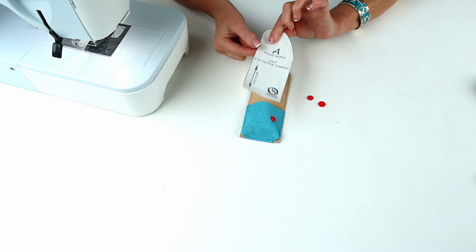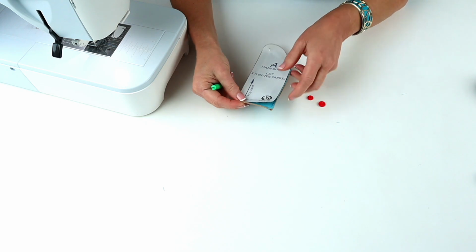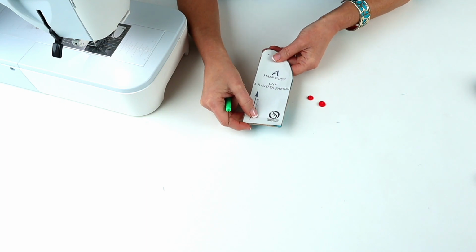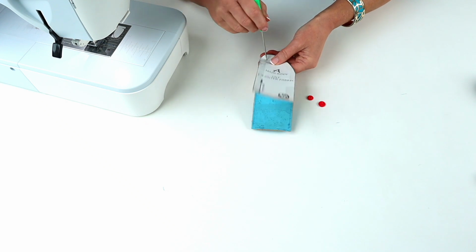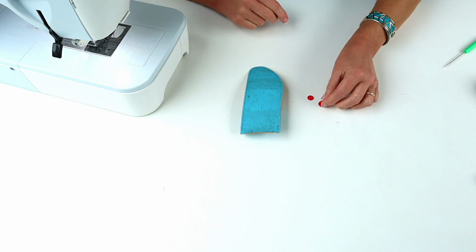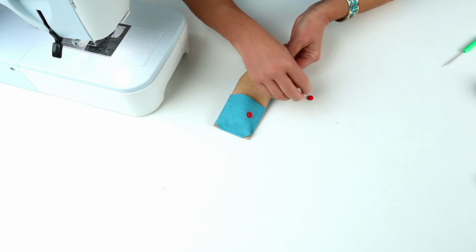Grab your paper pattern piece for the position and my bradawl, and I'm just going to place that back on there. You could do this right at the beginning, actually mark the position, that wouldn't be a problem. So again, you've got a positioning dot there, just make a hole through it. And this time your cap is going on the right side of the fabric. Just pop that through there, flip it over,